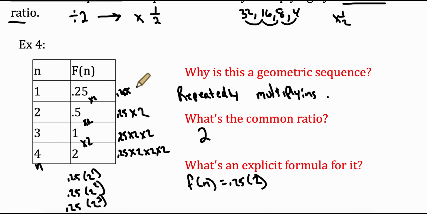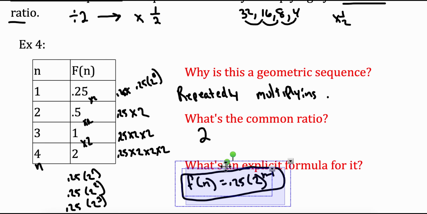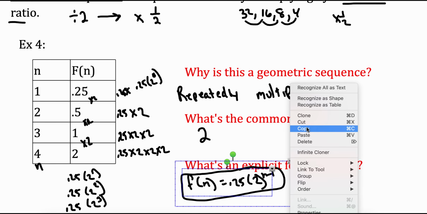And in fact, this would have been 0.25 times 2 to the 0, because anything to the 0 power is 1. So it looks like it's going to be to the n minus 1. All right, so we have 0.25 times 2 to the n minus 1. Good. Let's use this formula now